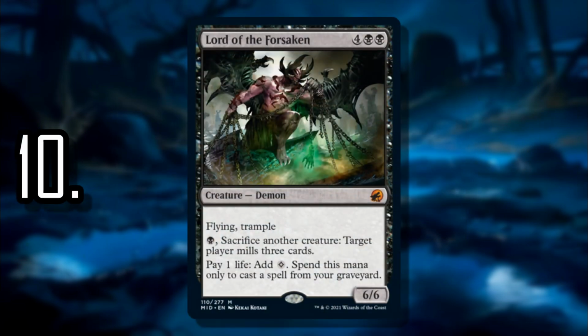Number 10, we have Lord of the Forsaken. This is kind of a weaker set for Commander. I don't want to say it's a bad set. It's just a lot of cards that you see in here. They're very specific to a mechanic, and that's kind of typical of Innistrad as a set because you do have a lot of flip cards for werewolves. You have the Nightbound and Daybound mechanic. A lot of that is going to be anchored to Innistrad, so you're not going to see as many universally